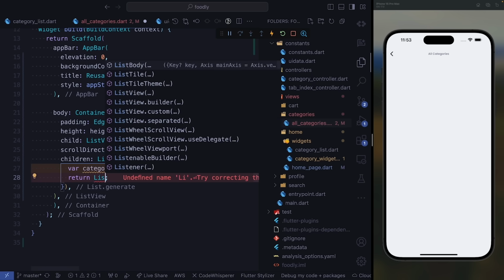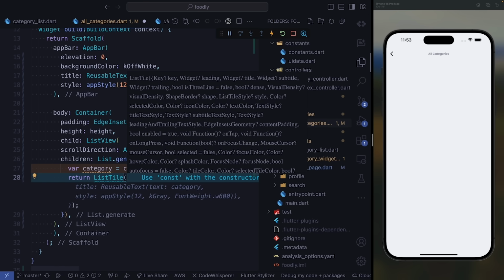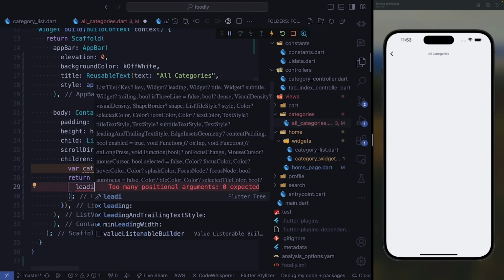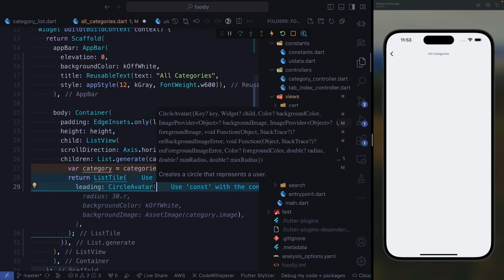So for starters, we're going to have a list tile. For our list tile, we're going to have a leading and a title. Okay, so first let's go ahead and have leading. Our leading is going to be a circular avatar. Inside of our circular avatar, we need to give it a radius, and we're going to give it a